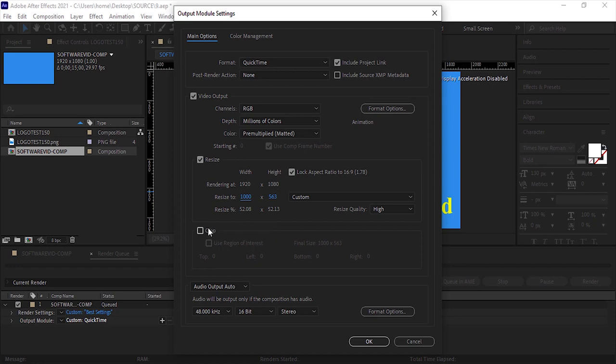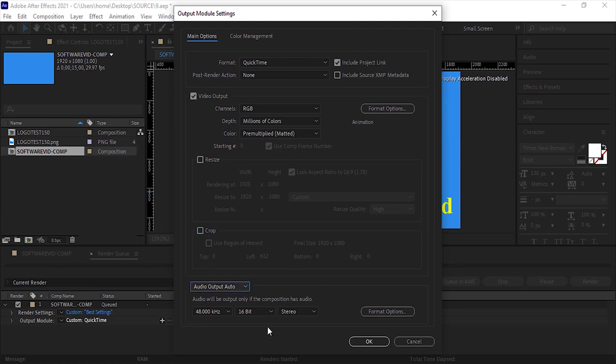In addition to this method, by activating and using the Crop option, you can delete a part of the image from the top, left, bottom, or right. As you can see, in the Final Size section, the final size of the video will be displayed after these changes. Of course, in this example, because we do not want to change the size of the output video, we disable both the Resize and Crop options.